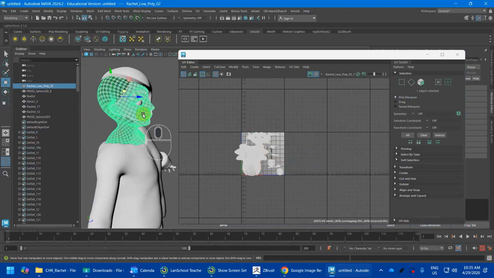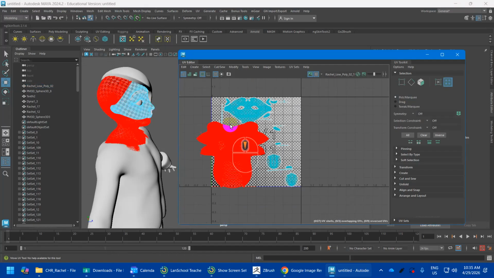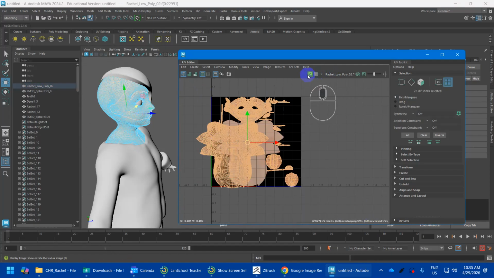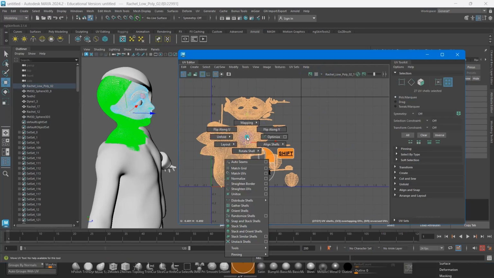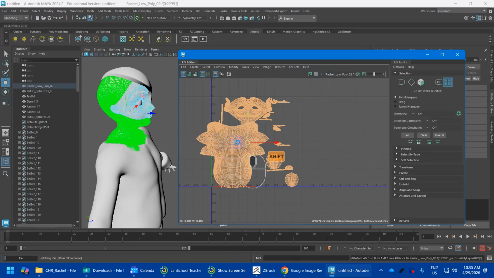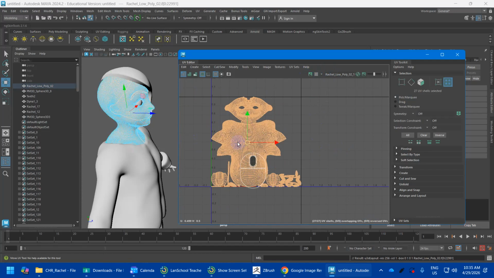Let's go back to object for a second here. So yeah, all these, right? I'll take all these shells, and let me just turn off this background pattern. I can pack these into their own space, okay? And the way to do this and to keep them in their layout is to go to transform